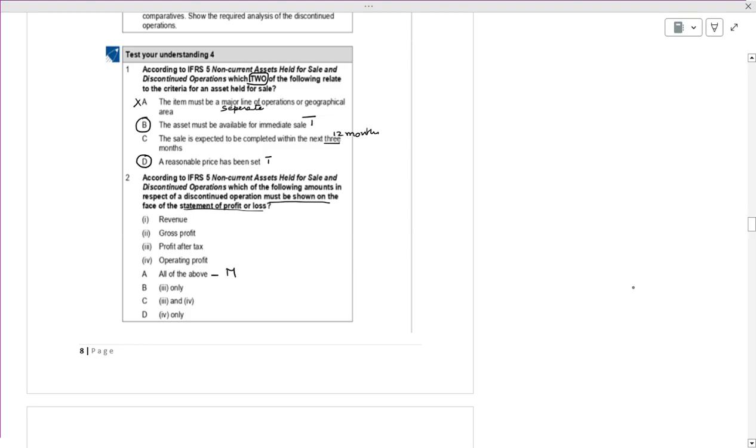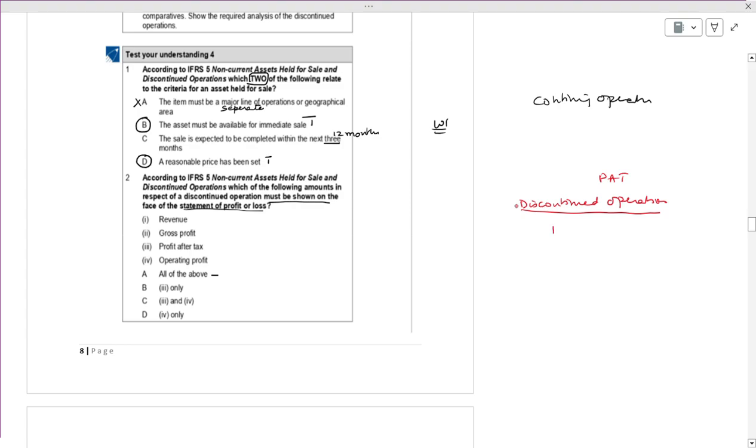I will write your name here. Think. This is very important. We are going to show revenue separately. So what have we done? We have done working one with respect to continuing operations. And after some time, we have said discontinued operations. In the end, we are showing the discontinued operations after profit after tax. We are showing it separately.